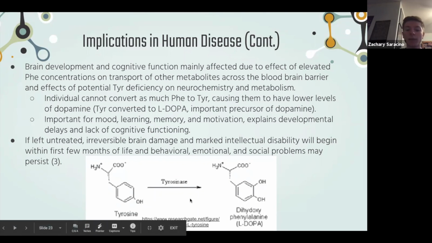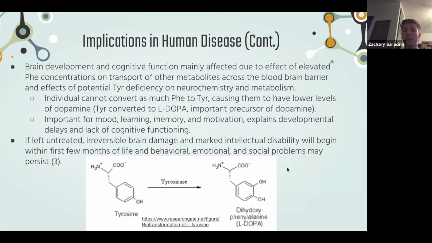And this is the mechanism for the reaction of tyrosinase and tyrosine to form L-dopa. But luckily now individuals can avoid phenylalanine in their diets, and also take BH4 supplements to enhance the ability of